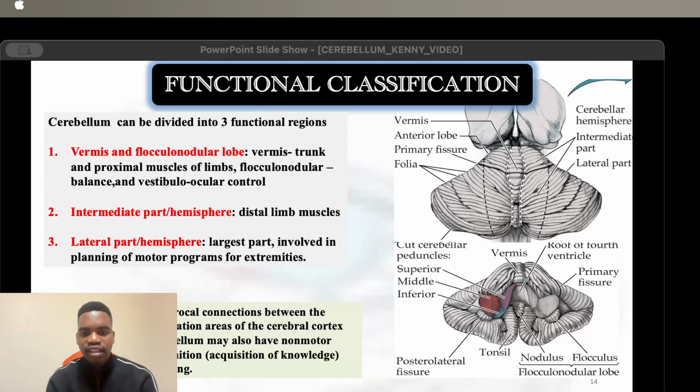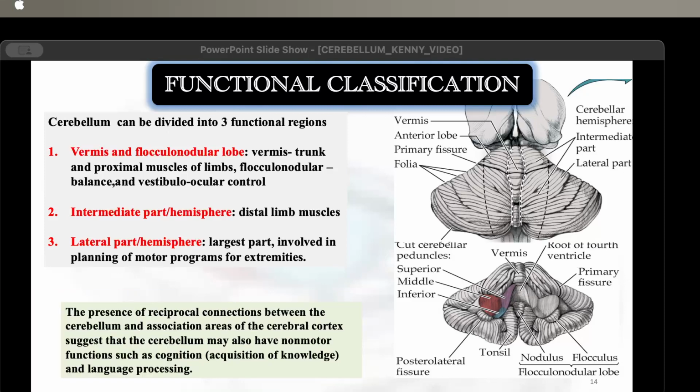extremities. We will see that there is a reciprocal connection between the lateral part of the cerebellum and the association areas of the cerebral cortex. So it has some higher cognitive functions like acquisition of knowledge because of the reciprocal connection between the cerebellum and the cerebral